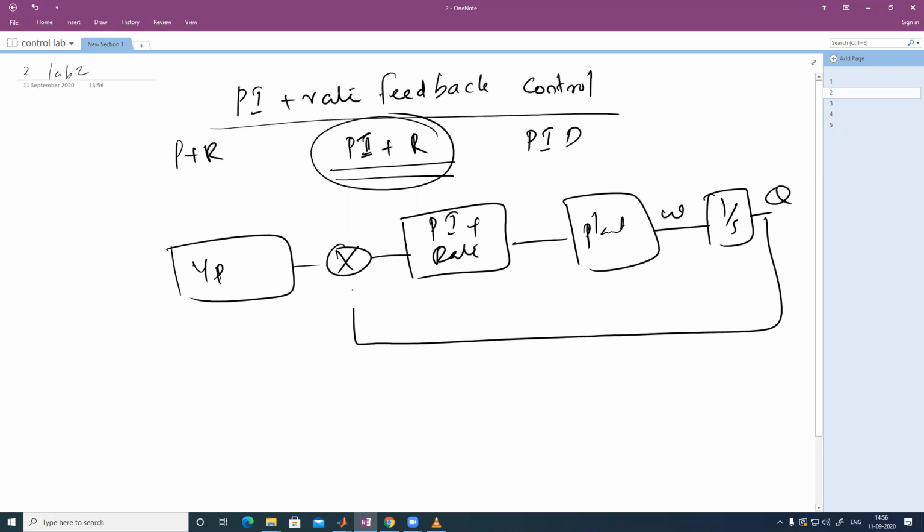And this theta you are feeding back to the system, and this is actually a unity feedback system. So you have to give theta reference as input. This theta reference and the feedback will be compared, and according to the error signal it will generate a control signal,